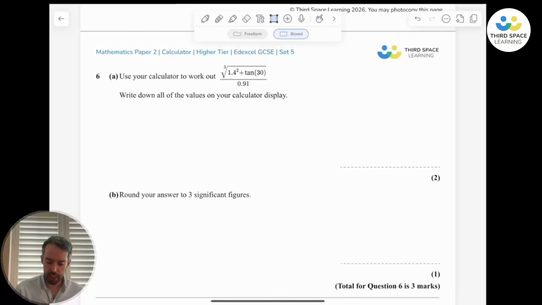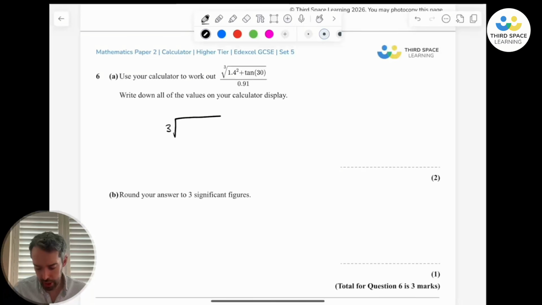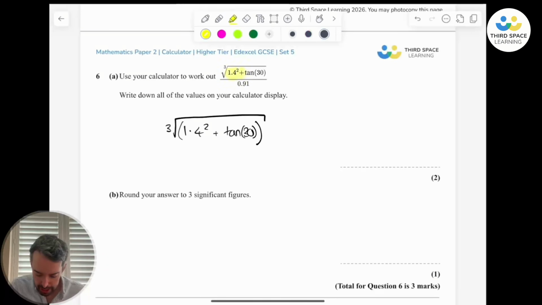So use your calculator to work out that. So let's start with the top line. We're going to need the cube root button on our calculator. Now we normally get that by pressing shift and then square root. So shift square root, and then maybe in a bracket we could write 1.4 squared plus tan of 30. We want to make sure that all of this bit is underneath the square root. And then if we press equals, we're going to get